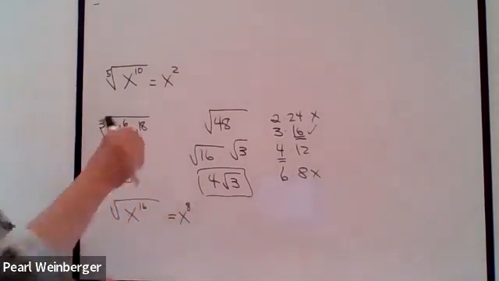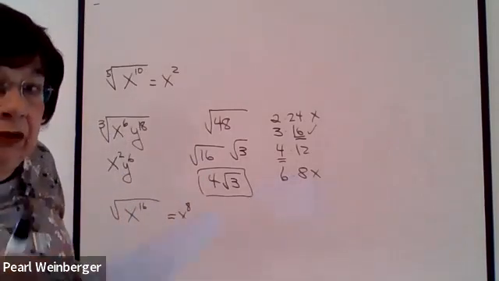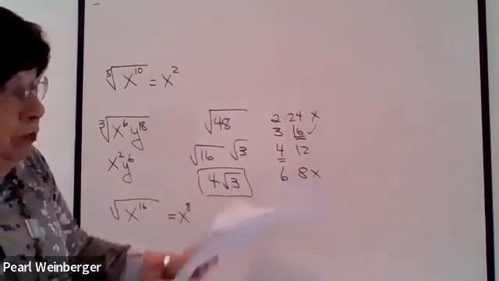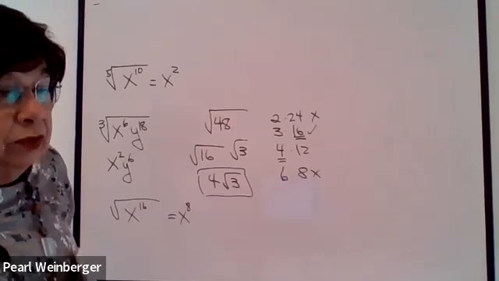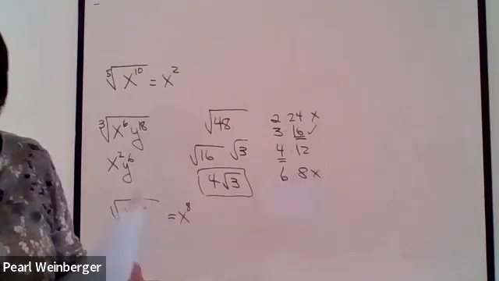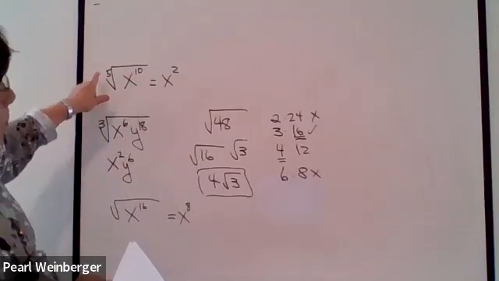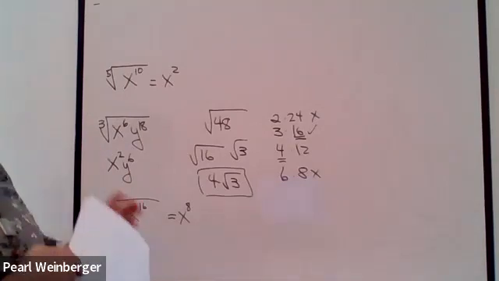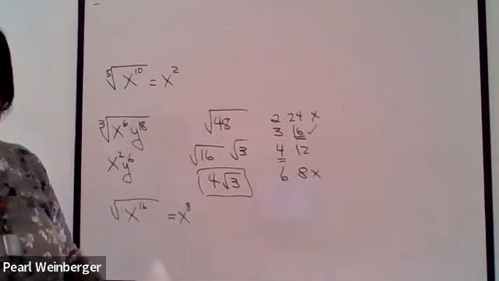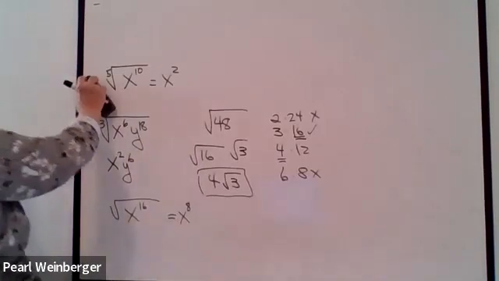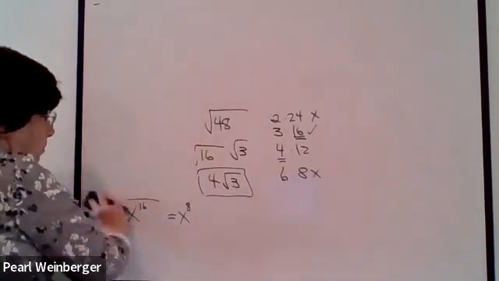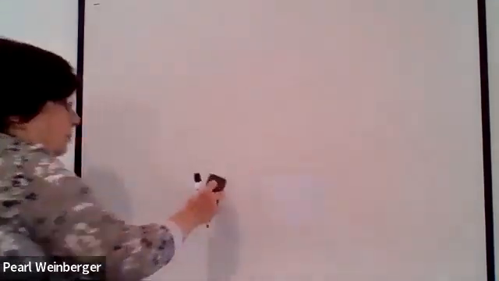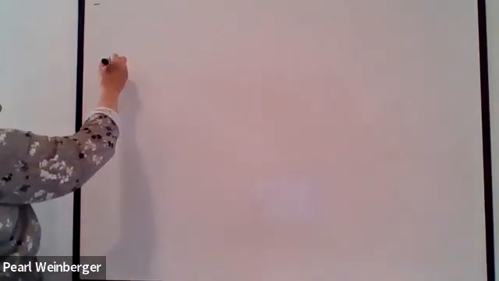So in a way, dealing with the variables, dealing with the letters and exponents is almost easier than with the regular numbers, because you don't have to find square roots, you just have to divide it by a simple number. You divide the exponent by the index. Again, if no index is written in, the index is understood to be 2. Now that all works very well if